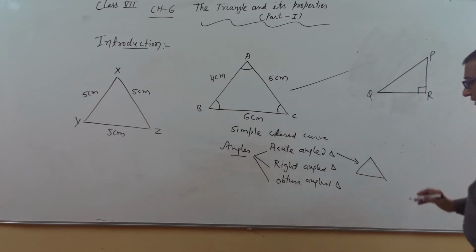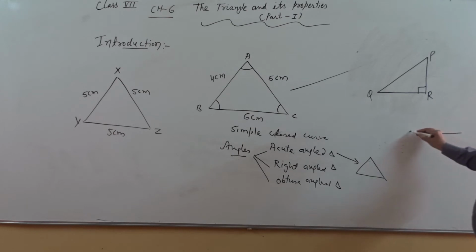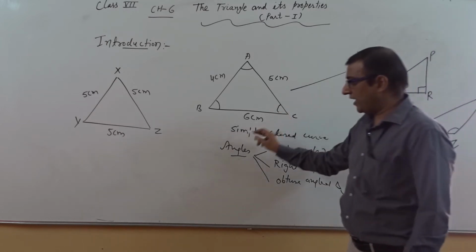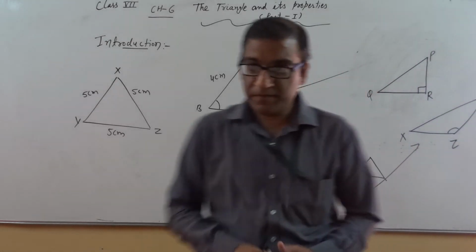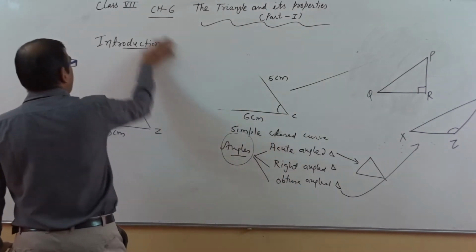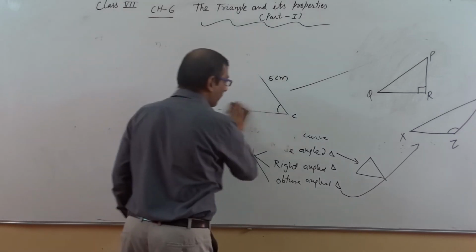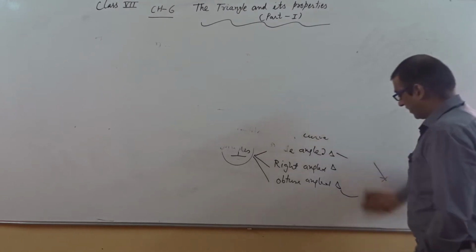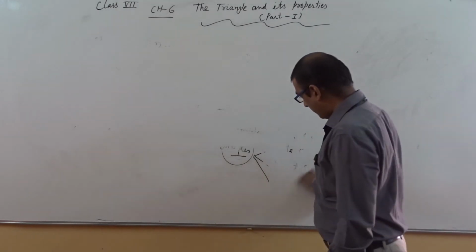And what about the obtuse angle triangle? It looks like this. So if we are taking XYZ here, then we can say this type of triangle is related with obtuse angle triangle. So this is the classification of a triangle on behalf of angles. Now after this classification, we will continue with the concept of median and altitude. So first I will continue with the concept of median of triangle.